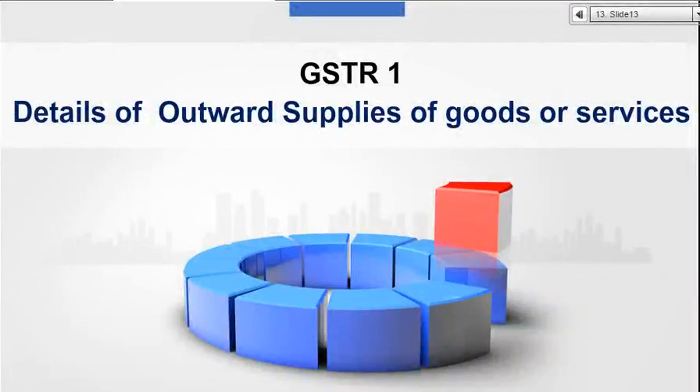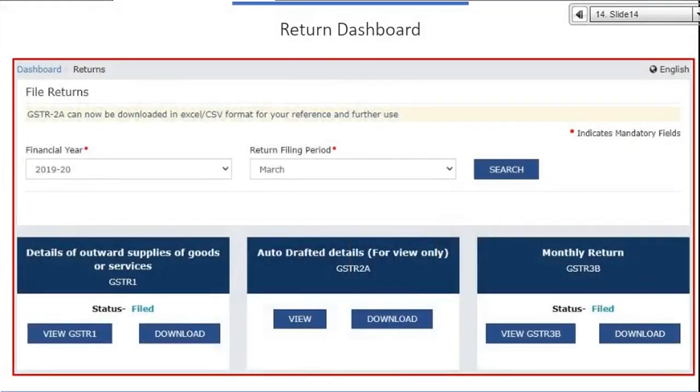Next, friends, we'll move on to the most crucial return, GSTR1, details of outward supply of goods or services. Remember, friends, most of the returns are GSTR1. If you ask me, around 85% of the taxpayers registered in India are regular taxpayers, so they will file GSTR1. GSTR1 can be filed monthly or even quarterly. So we'll see what the legal formality around it is.